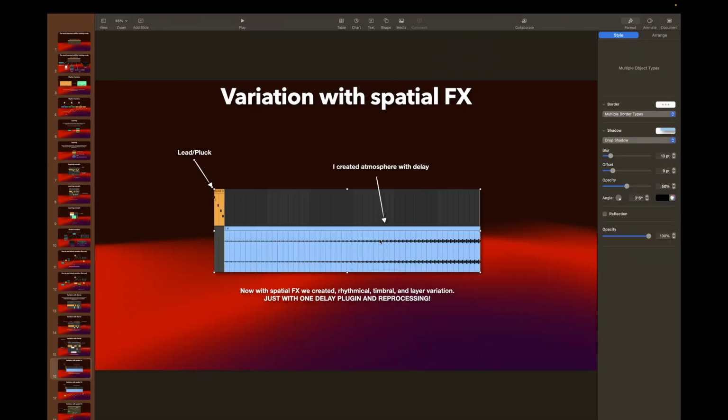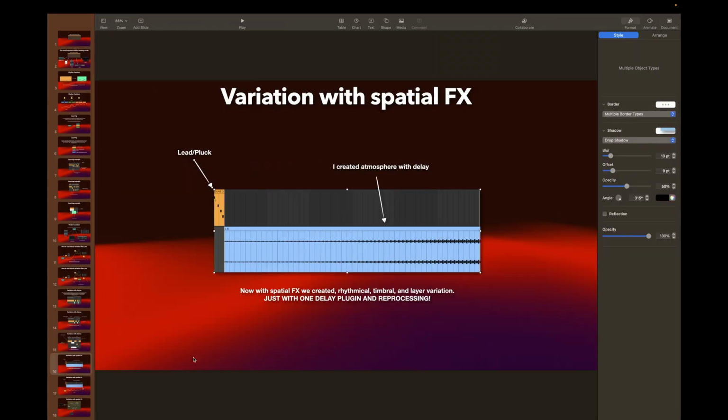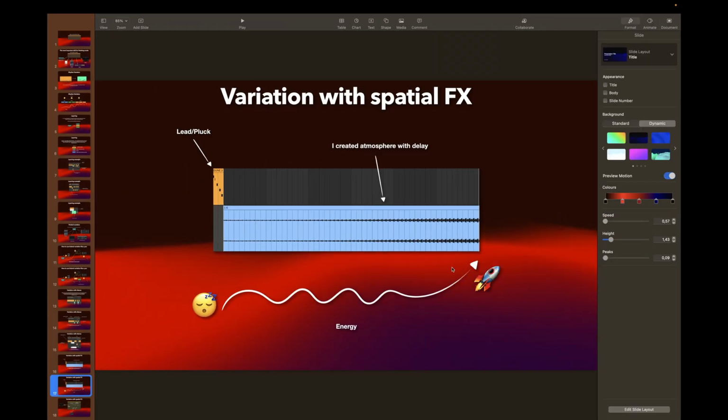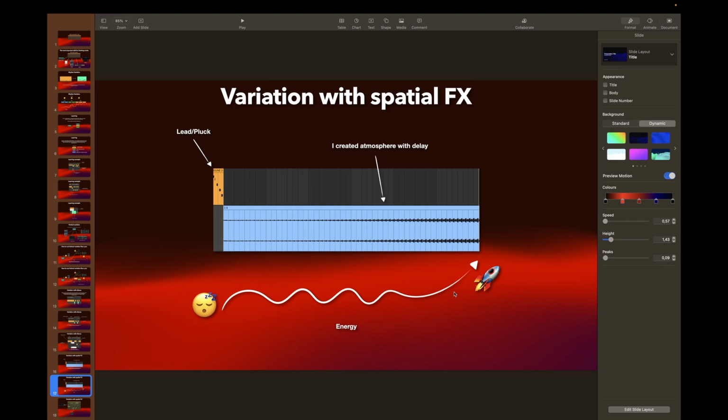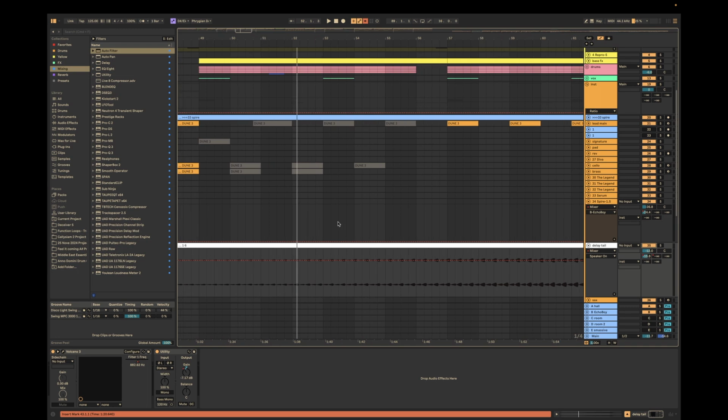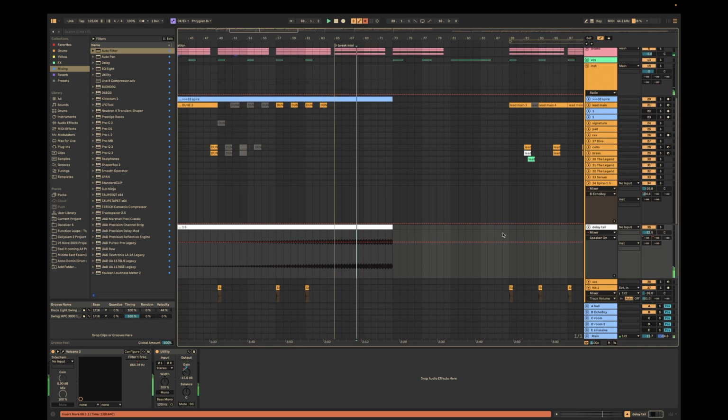But let me go further and let me finish with this. What's really important is the energy change. This is what I'm essentially trying to do with every single technique that I'm showing you here. I'm trying to change the energy and I'm trying to change the feel of the track. That's the most important thing, basically. Okay, so here you could go from really, really chill, really, really smooth to something that is just taking off like a rocket. And if you listen at the end here,